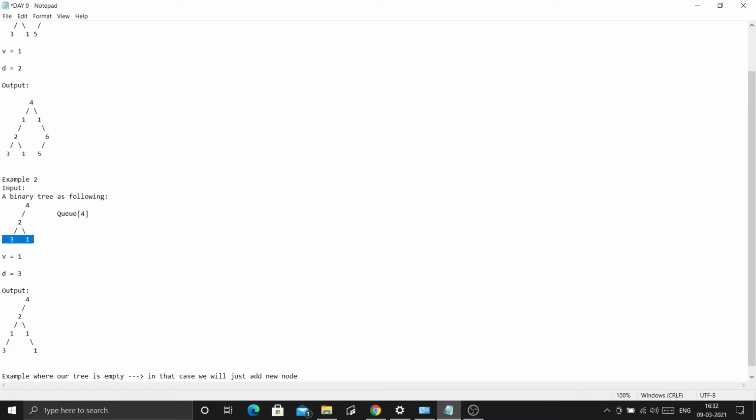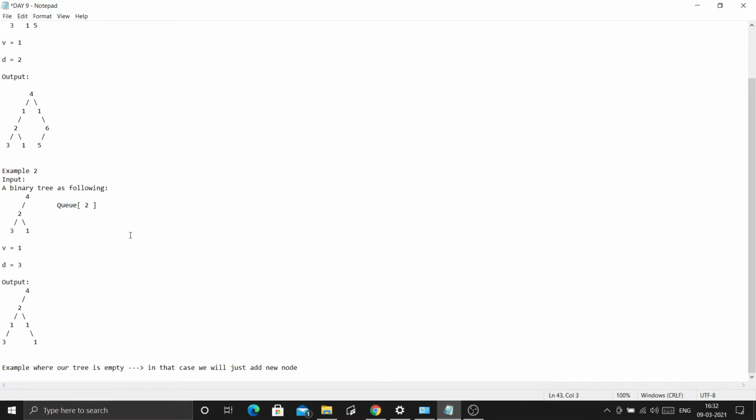Okay, I have to insert at this level, so depth is given, so I will stop here, so I will push 2 as well. So at this level I will pop this, and our new stopping point is 2. Now I will push one in the left of 2 and one in the right of 2. So this is done here.